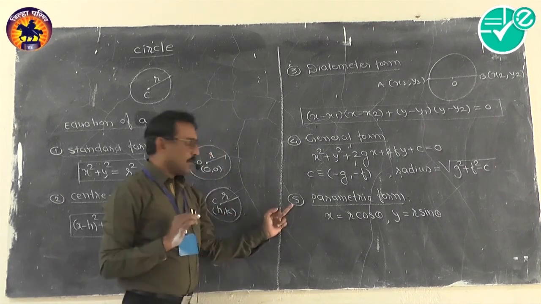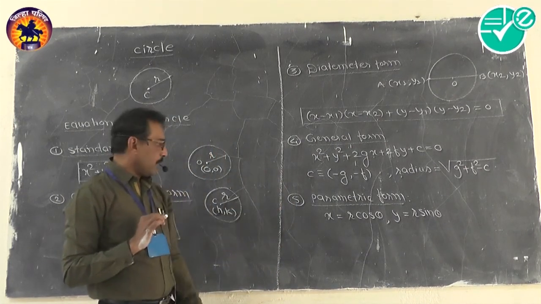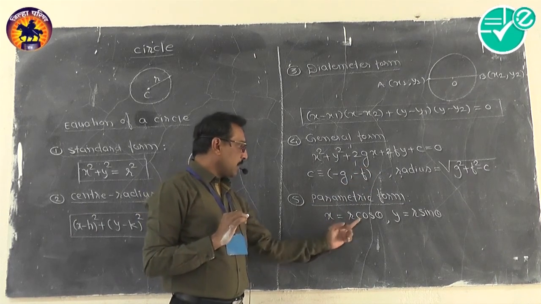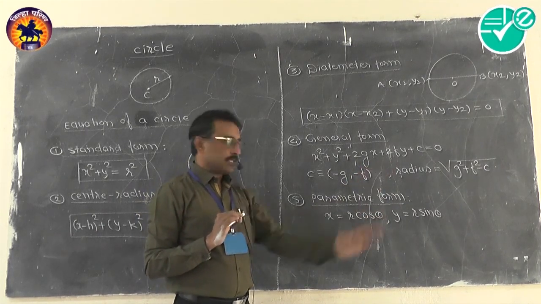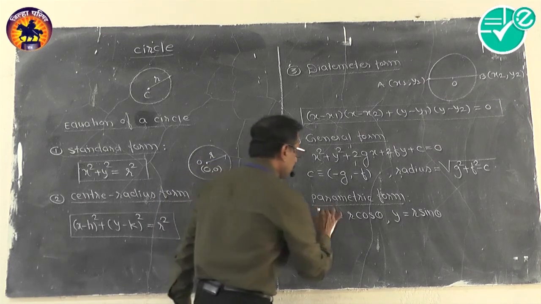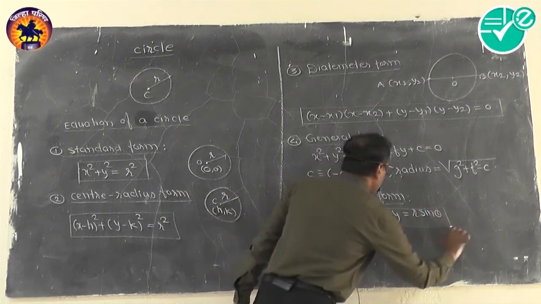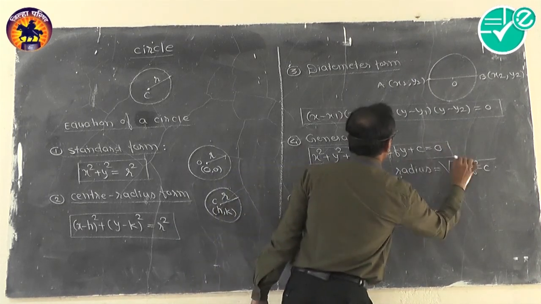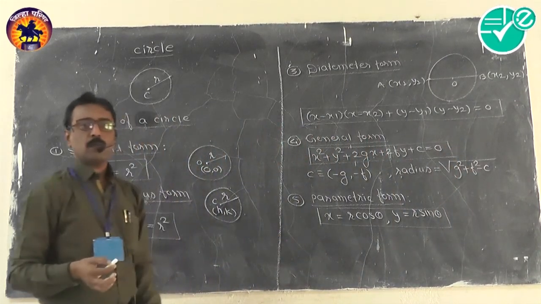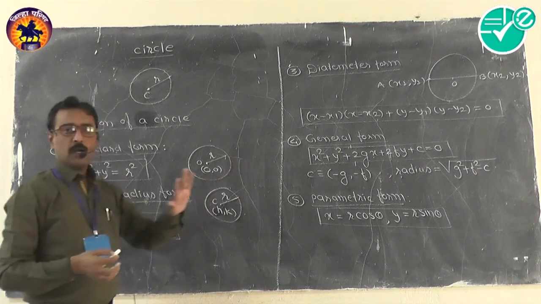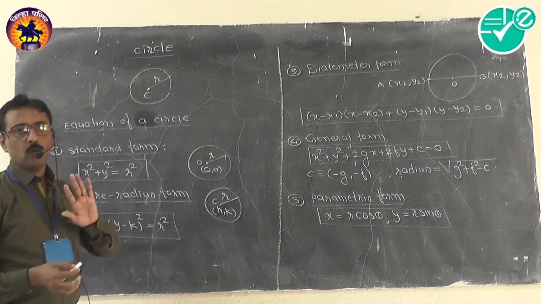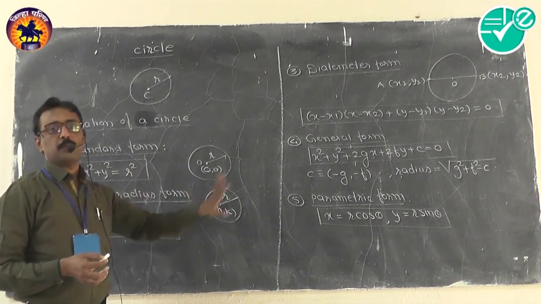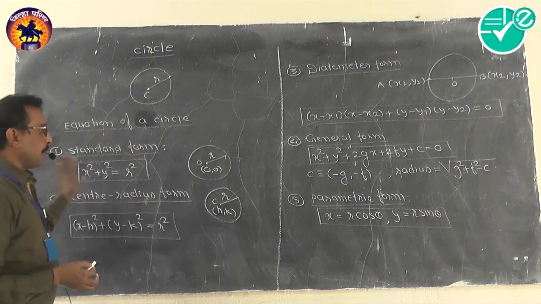After that, the very last form is called the parametric form. What is the parametric form of a circle? You have to write like this: x equal to r cos theta, y equal to r sin theta. This formula is for the parametric form. You have to remember this one. And if the general form is asked, the formula is x square plus y square plus 2gx plus 2fy plus c equal to 0. I think the theory of this chapter ends here. The 11th chapter circle is a very straight and very simple chapter. We have to take problems on this one.